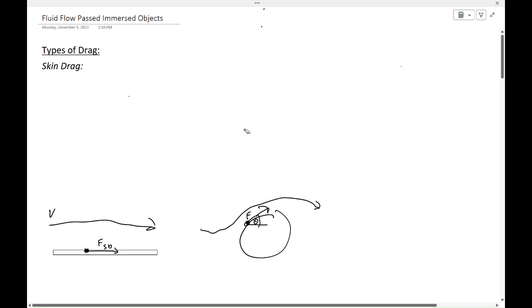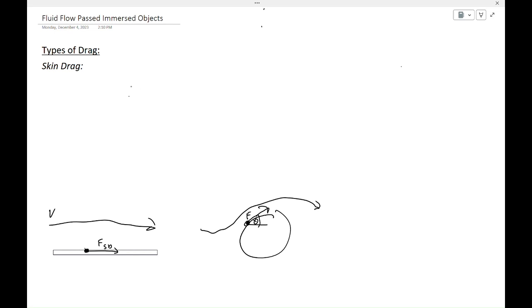So today we're going to be talking about fluid flow of immersed objects, specifically packed beds. To start, there are two types of forces that a fluid exerts over an immersed object. The first is skin drag, and skin drag is a frictional force that is exerted in the same direction as